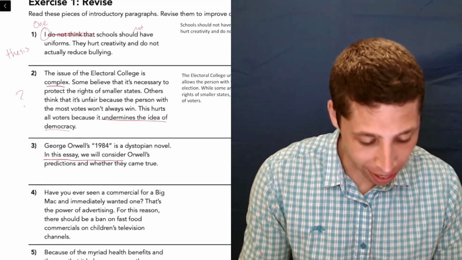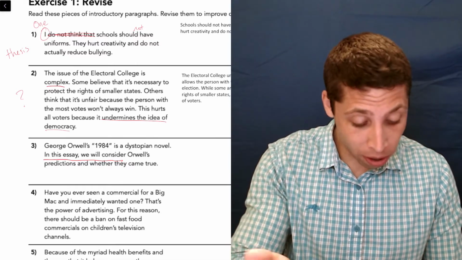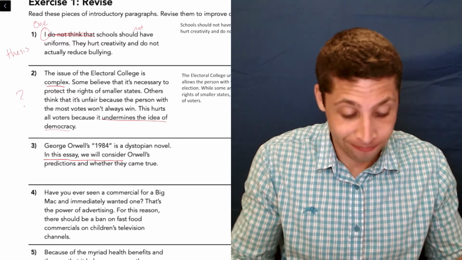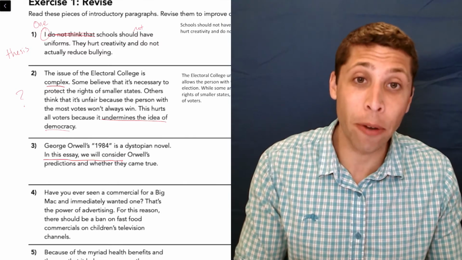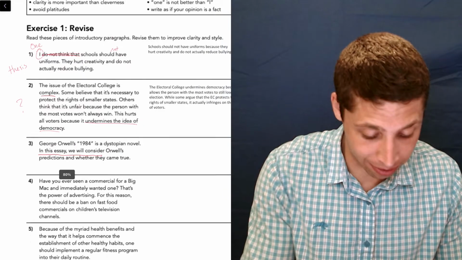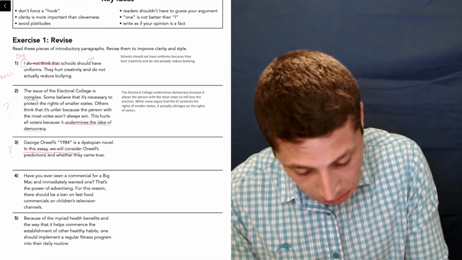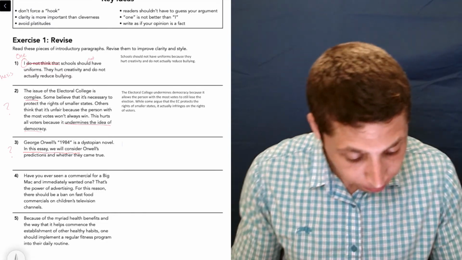Take ownership of that. Plus, I don't really know what the predictions are and whether they came true, so this is a very kind of, I don't know, vague introduction. I wouldn't know where the rest of this essay is going. It would be much better if I could kind of give a shorthand of some of those examples in this intro. So I don't know what this person's arguing. It's kind of like number 2, kind of vague. So what might we do to improve this?